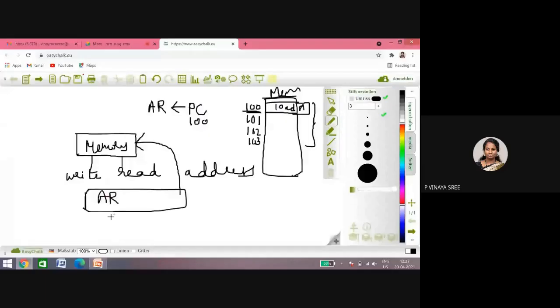We'll be discussing that now. Whatever the program counter holds, it stores the address of the next instruction that the processor has to execute, and from this it has to be given to the address register. So now the address register is 100. What will be the next step? Let us consider that the address in the program counter is placed in the address register, giving 100, at a particular time called T0.